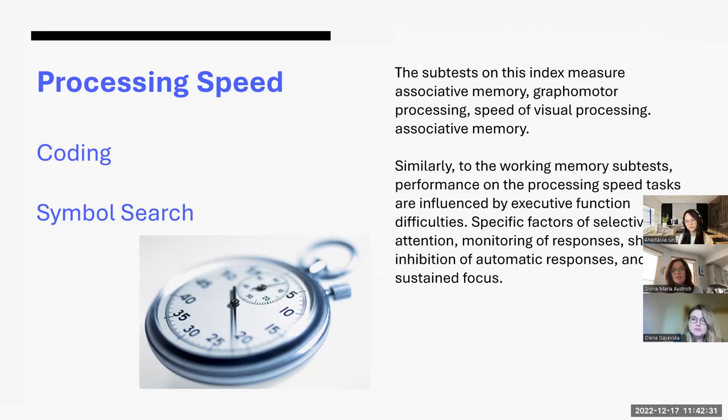So for the younger set, it's usually one symbol. For the older children, there are 2 symbols. So they really have to focus on details and work very quickly. So again, the visual ability to focus on visual details. And as I said earlier, executive function really influences your capacity to perform these 2 subtests efficiently.